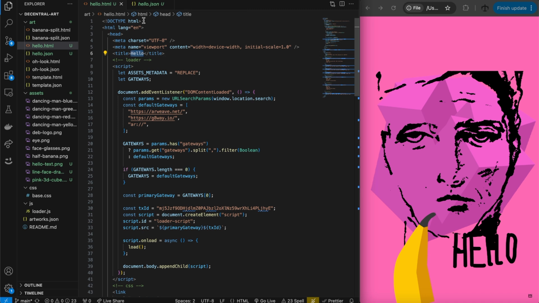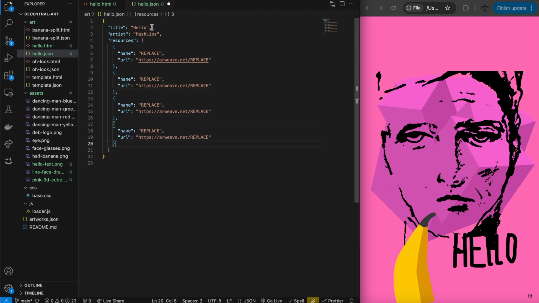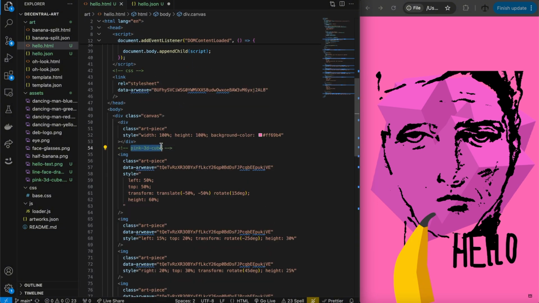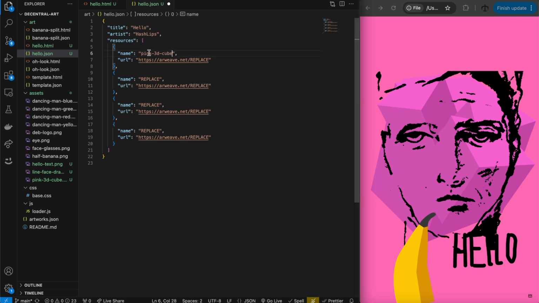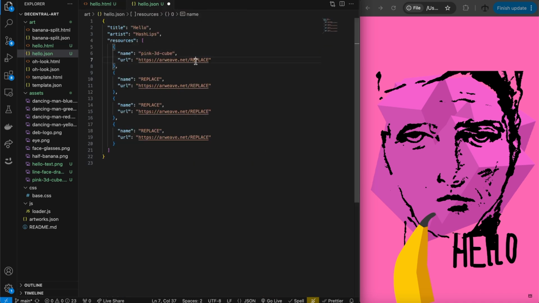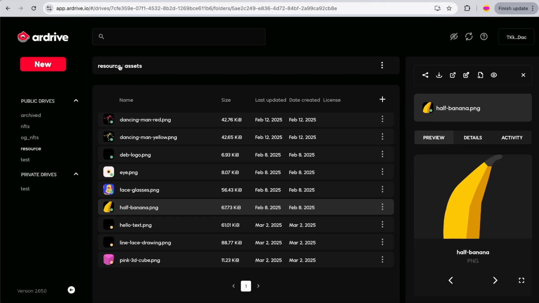So here it's pretty straightforward. I have a method where I go and I just replace. So I replace that. These ones I'm actually going to duplicate 4 times because we've got 4 separate artworks that we use. We can go down to the first one. This one is the pink cube. And again, this is where the labeling is helping us out a lot. So here we can highlight that. And now it's just a simple process of replacing them all like so. And there we go. Now that they've all been replaced,